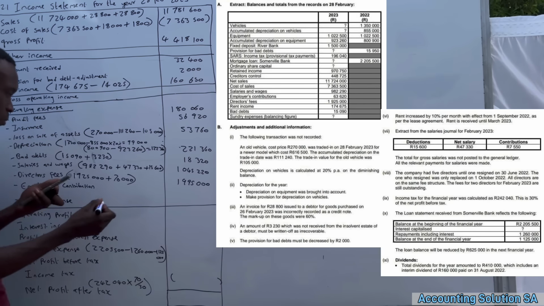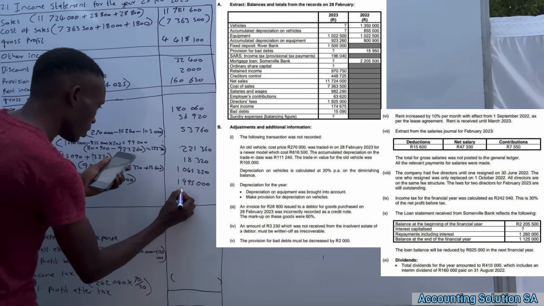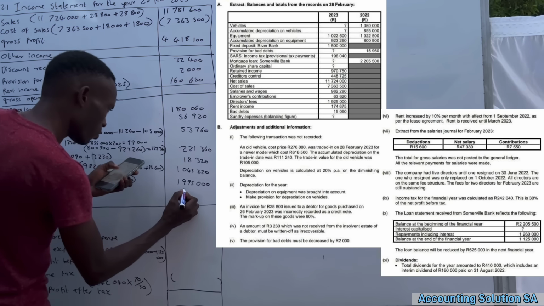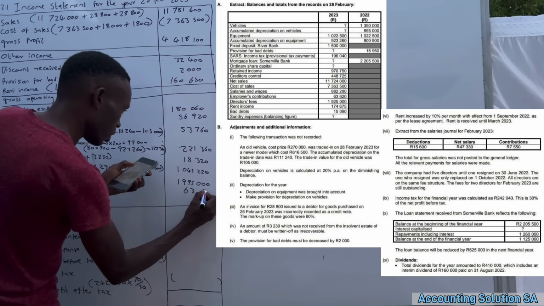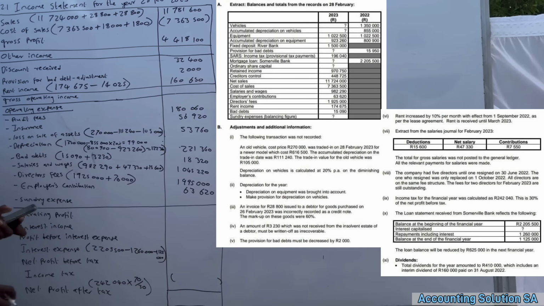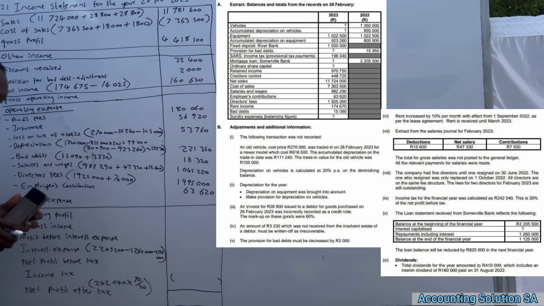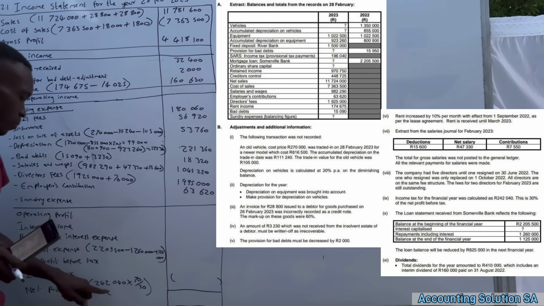For employers' contribution, we were not having any adjustment, which means that we are going to record an amount of 63,620, just like that. Then after that we are going to adjust the part of net profit before tax